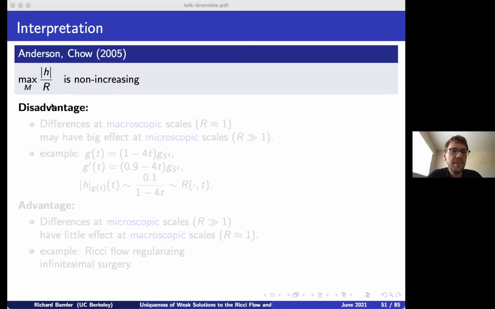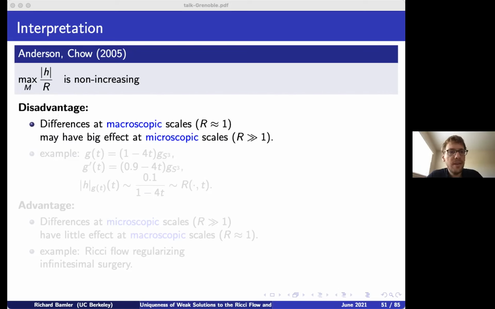So what does this estimate say? Well, it says basically that H stands for a variation of a Ricci flow, for some perturbation of a Ricci flow. It's some difference, and it measures. So what we're basically saying is that differences between Ricci flows don't increase if we weigh them by the inverse of the scalar curvature. Okay? And so the way I saw this first was that, well, this seems like